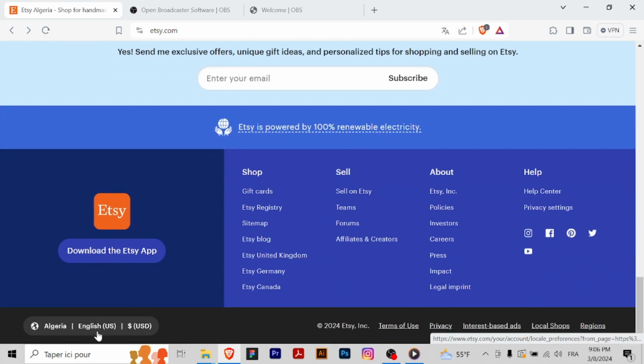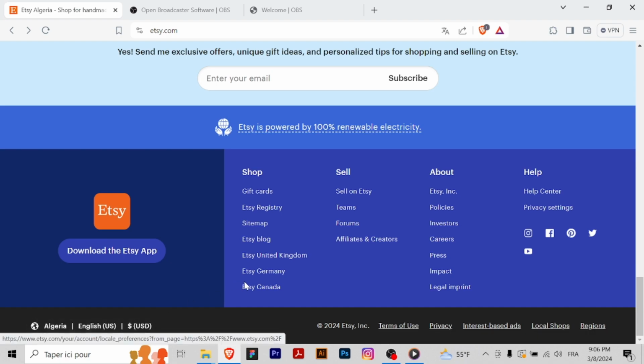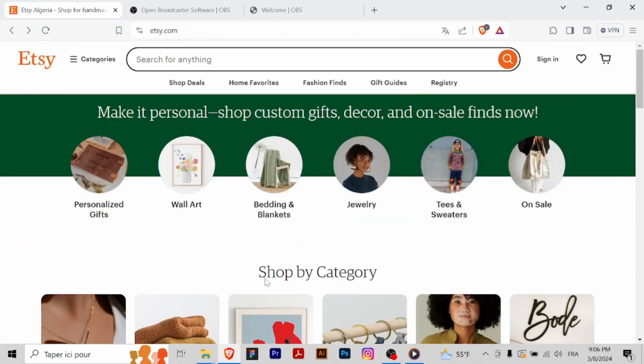That's it. You've successfully changed the language on Etsy, making it easier to browse and use the platform in your